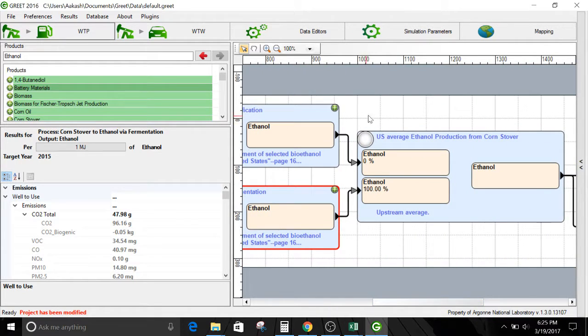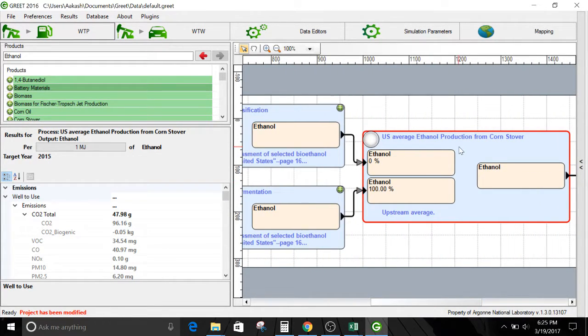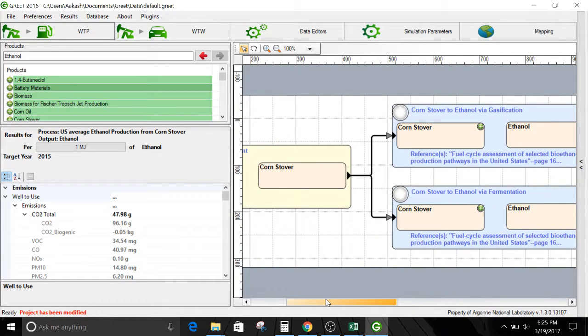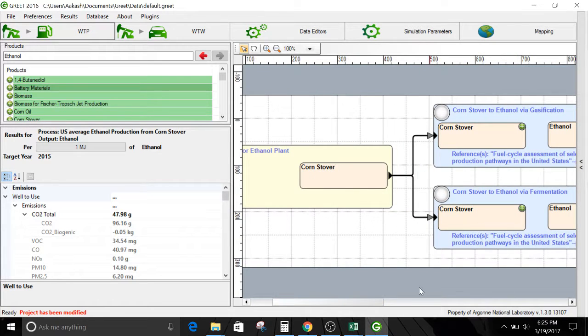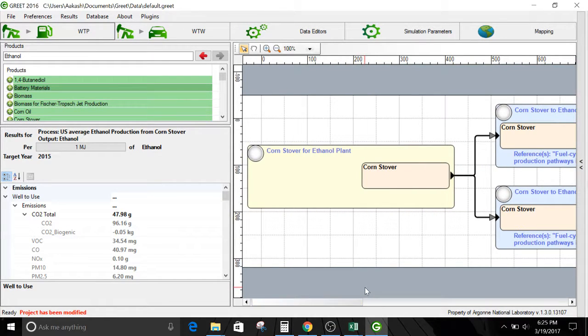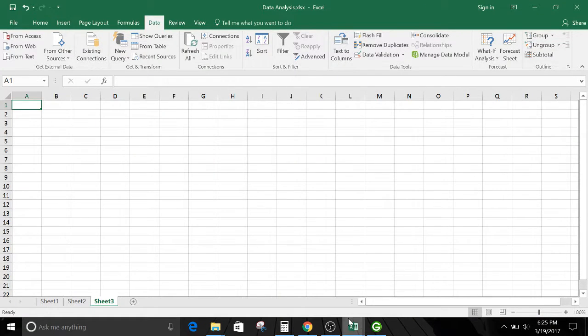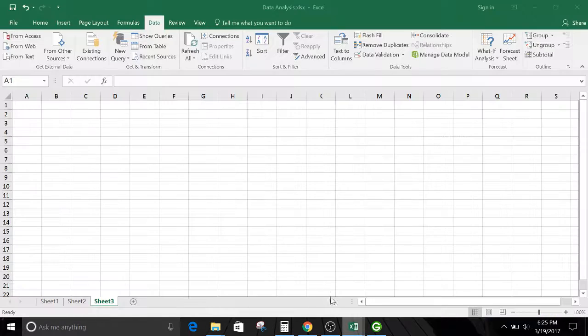And now once we click this one, like the next process, it accounts for emissions from the previous two and this one. So while doing data analysis, this is one important thing that you keep in mind. Now in order to analyze how much CO2 is emitted just during the fermentation, we open up an Excel file and copy paste the values. So we right click on the results pane and select copy all the values and paste it